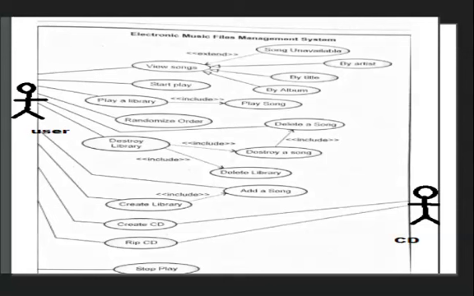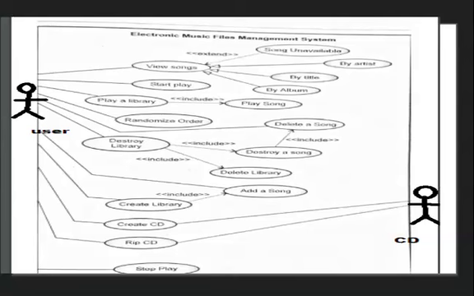He can view songs, he can start play, he can play a library, he can randomize the order. Then he can destroy, or he can say delete, a library also. Okay, these are the activities that will be performed by the user. He can create library, create CD, rip CD and stop play.